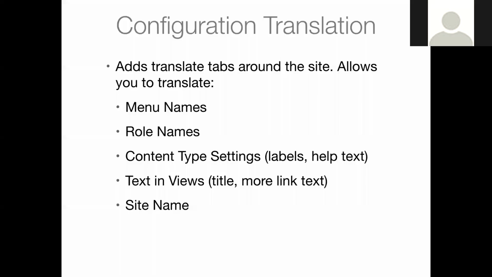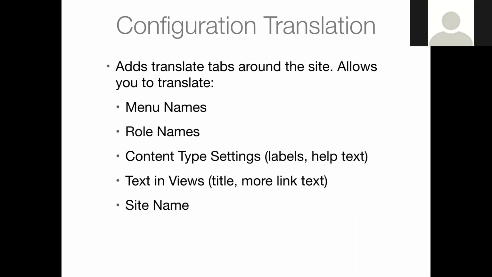And finally, we have configuration translation. So user interface text, remember that was part of our code and our modules and themes. Content are things like nodes and blocks and taxonomy terms. And then configuration applies to other types of text, other types of configuration that you're doing as you're setting up your site. So this applies to things like menu, the names of your menus, the settings for your content types,